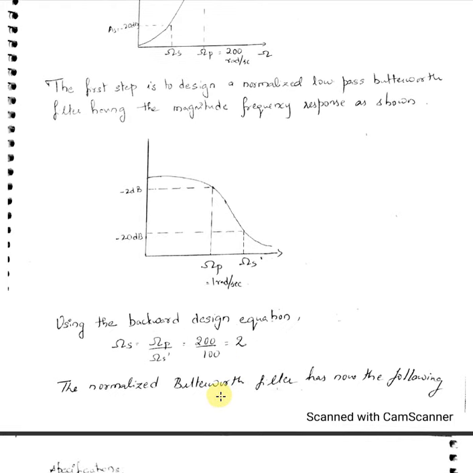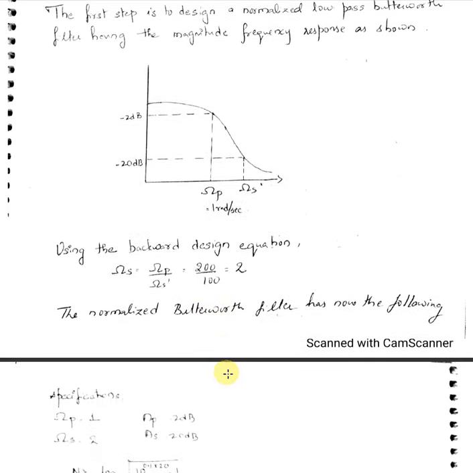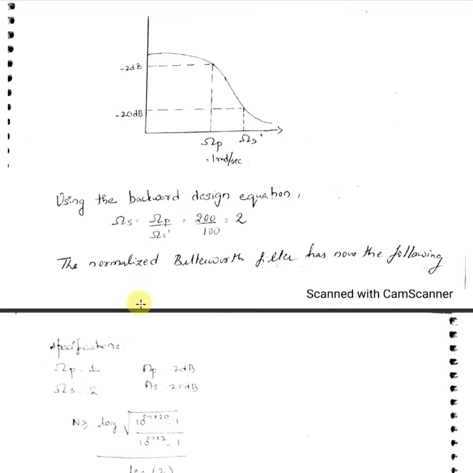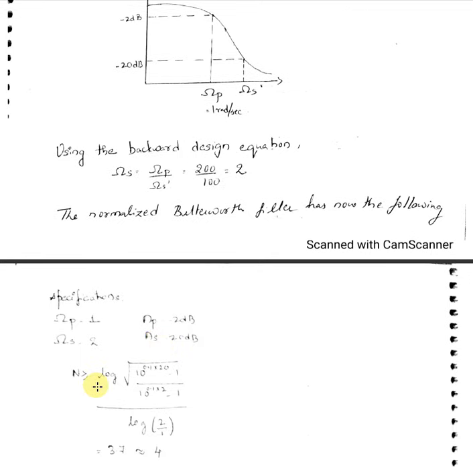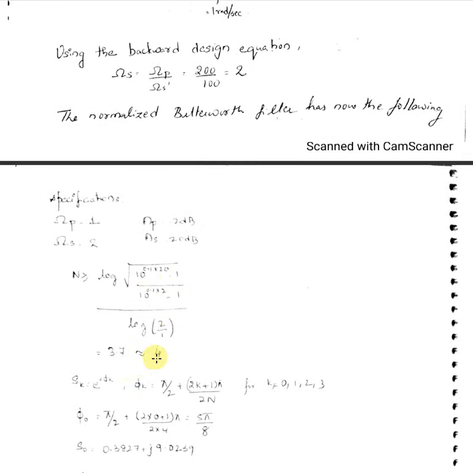Alright, so now you know how to calculate the poles just with respect to Butterworth. For Chebyshev, it will be different, the cosh formula will come. So s_k equals e to the power j phi_k, which you have calculated. For n equal to 4, since it is Butterworth, k starts from 0: 0, 1, 2, 3. If it would have been Chebyshev, you will write 1, 2, 3, 4. Please don't make mistakes in such silly things. You need concentration here. So phi naught you have calculated by substituting the value of n and k. Similarly, phi 1, phi 2, phi 3 you will calculate and you will get your s0, s1, s2, s3.